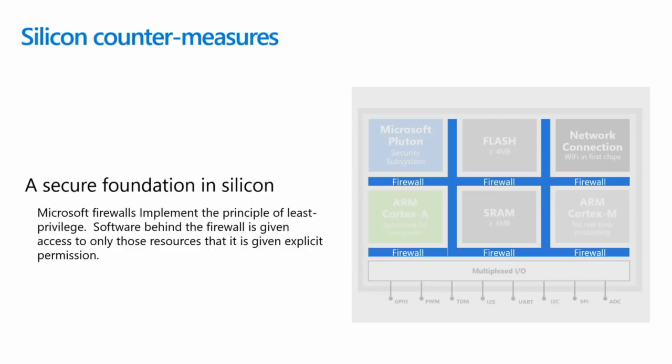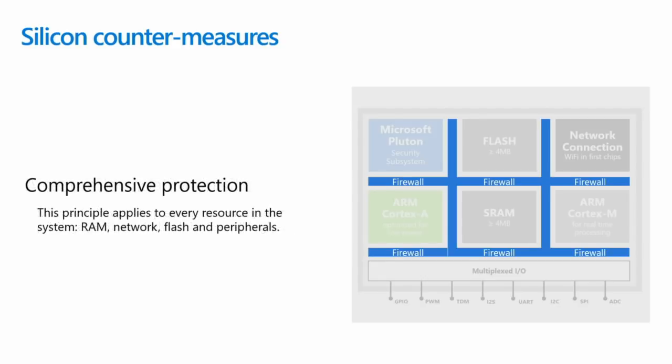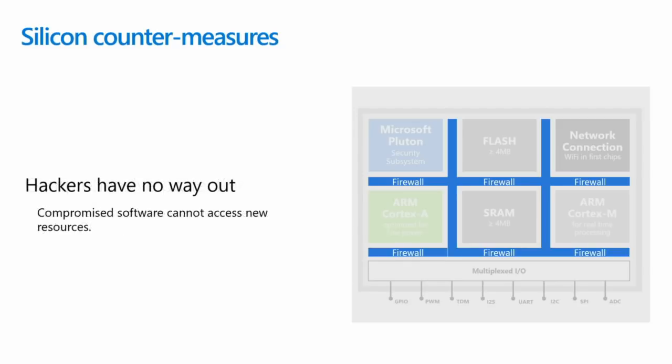It's just a no-op. So being able to program those firewalls, have them enforced in silicon, and have a deny by default strategy means that you're guarding against cross-core attacks and cross-core vulnerabilities. This applies to every resource in the system: RAM, network, flash, and every single peripheral flows through this mapping in silicon. So if you're on one of the cores and a hacker attacks it and they have access to UART and they want to hop over and access a SPI or some of the SRAM attached to the A7, it's simply not possible.